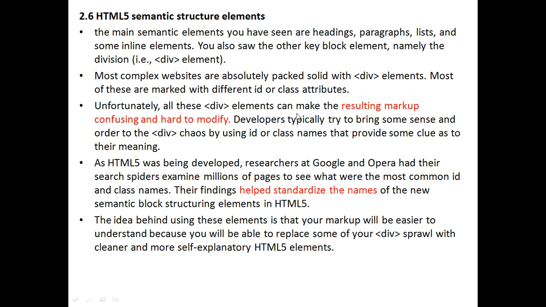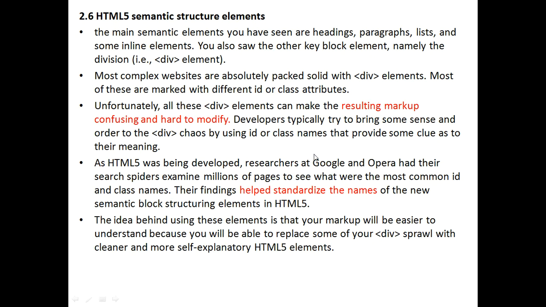Unfortunately, all these division elements make the resulting markup confusing and hard to modify. Developers typically try to bring some sense and order to divisions by using ID or class names that provide some clues as to their meaning, right?